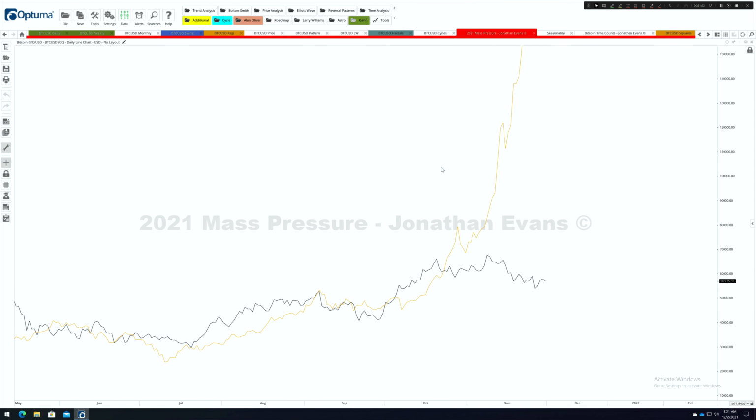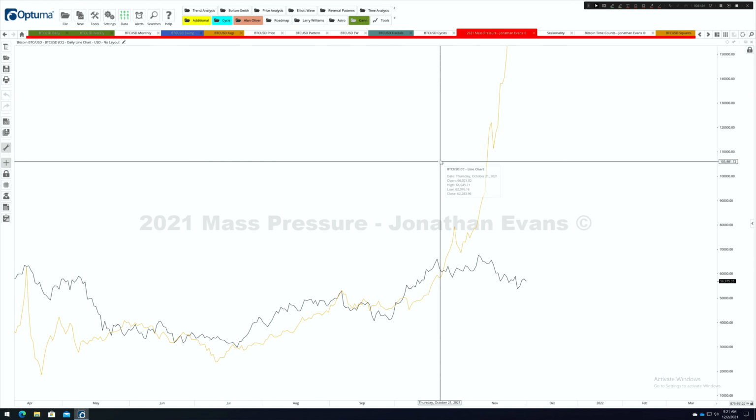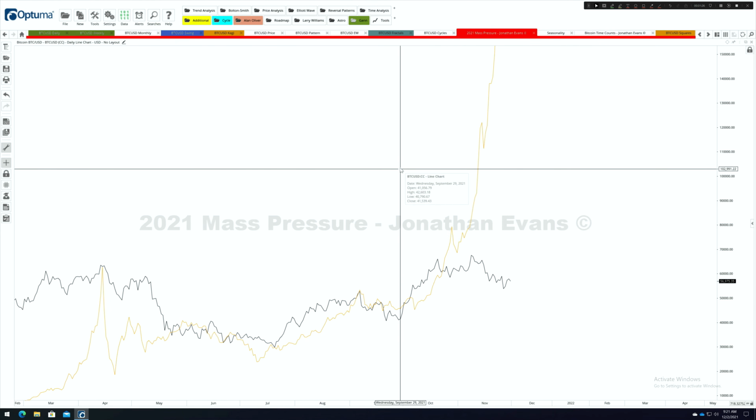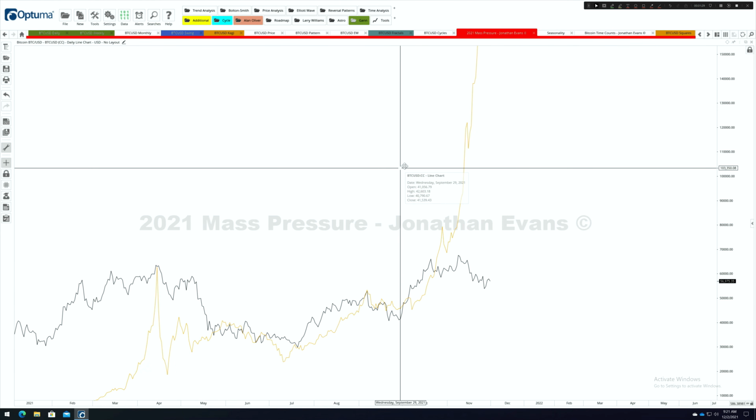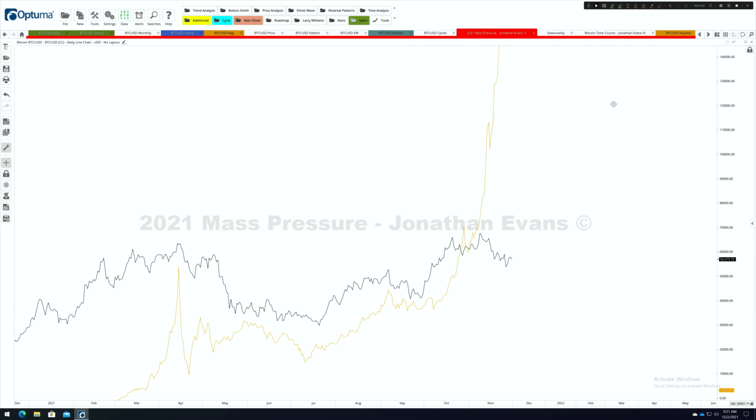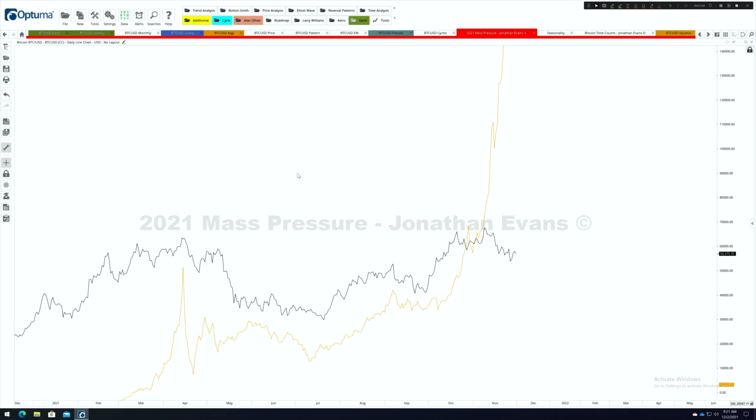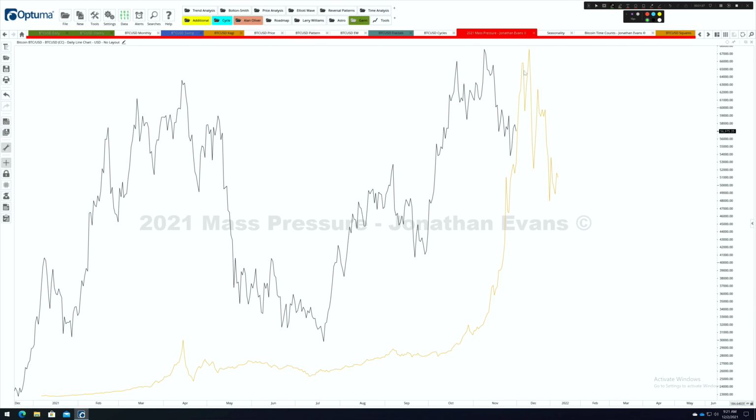You see, let me take you back in time on the mass pressure chart. And this is going to be a lesson for anyone who enrolls into any form of research or analysis on this sort of theory. This does not mean that the mass pressure chart is wrong. Doesn't mean that at all. But it just means that the interpretation needs to change. So this is a Bitcoin topping pattern. This is what it looks like. This is what we've currently got.